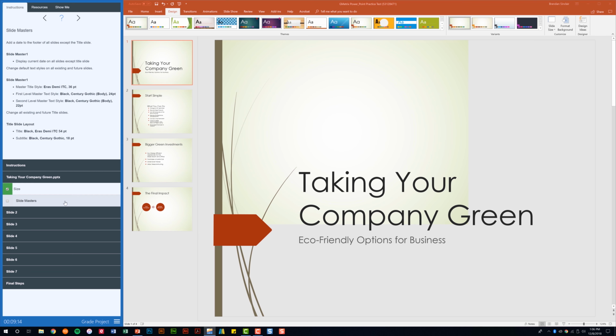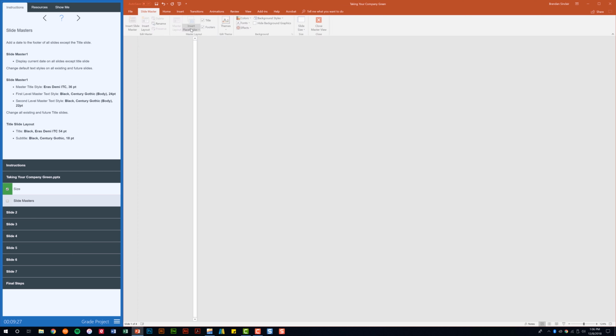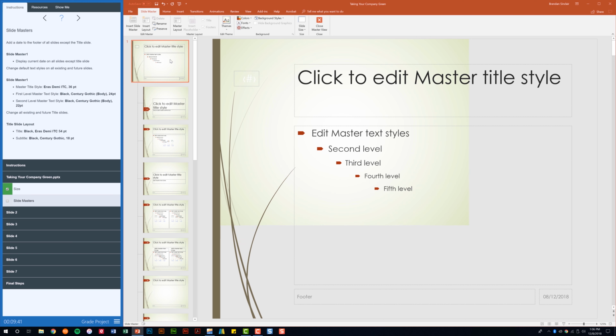This task wants us to go to the master slide view and make some changes. So we're going to go to the View tab here at the top. In our Master Views group, we're going to select Slide Master. We're going to slide to the top of this view because what we want to do is begin here on the main Slide Master. And it tells us here that it wants us to display the current date on all slides except our title